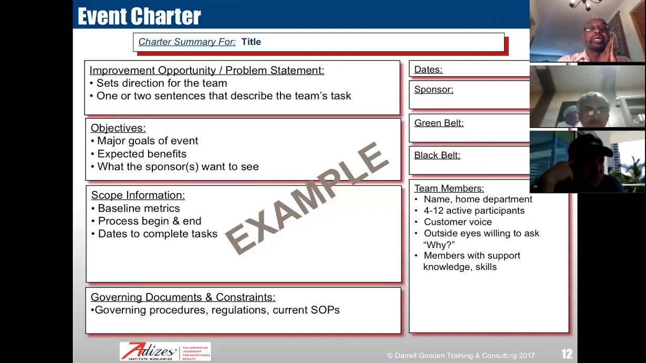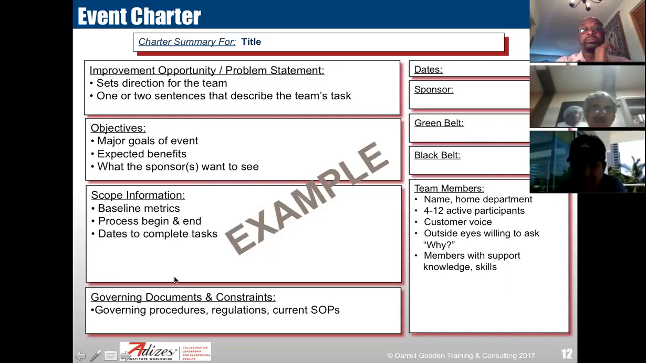But you set directions and you bound the problem space with a few sentences. What are the major goals? These are the goals, in essence, that we looked at in terms of, I just talked about the impact, the extent, those things. You recast that problem statement in objective terminology and determine what value needs to come out. The scope, the baseline metrics, the process begins and ends. You have these things identified, and where it begins and ends is an important way of bounding the problem space at the time. What governing